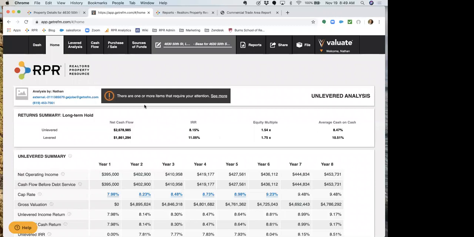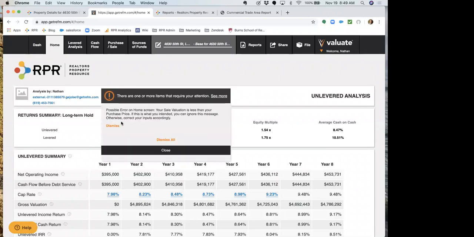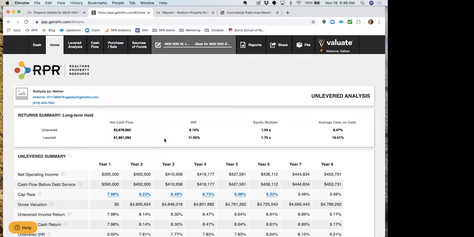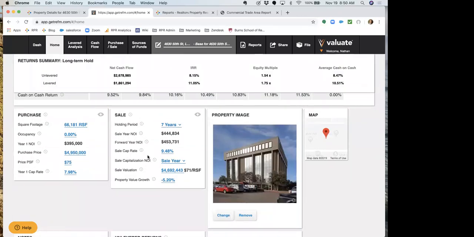What I like about this tool is that it kind of nudges you to make sure that you're not doing something weird. But you can click on see more, and you can see it's a possible error on the home screen. My sales valuation is less than my purchase price. That's what I intended. I can ignore it, or I can go and fix it. So what we can do is come down here to the bottom, and indeed, we're actually showing a 5% drop